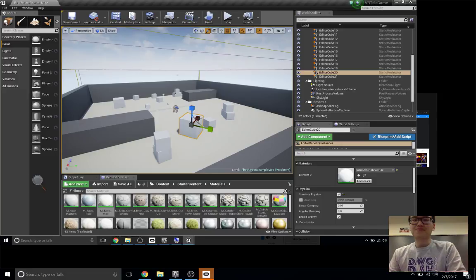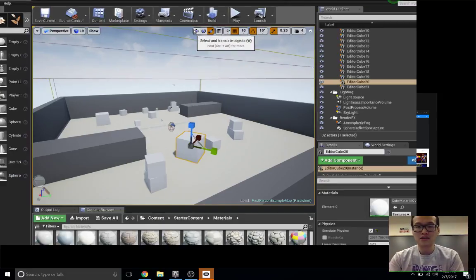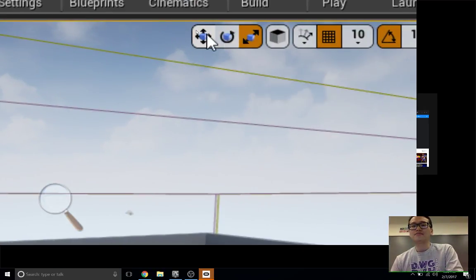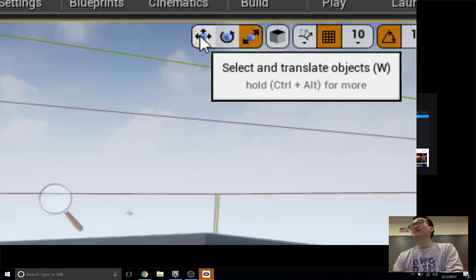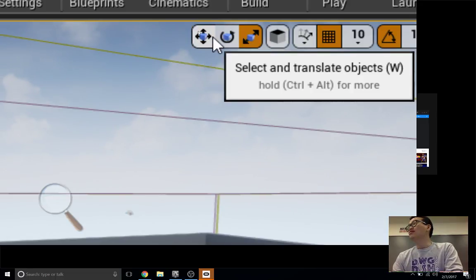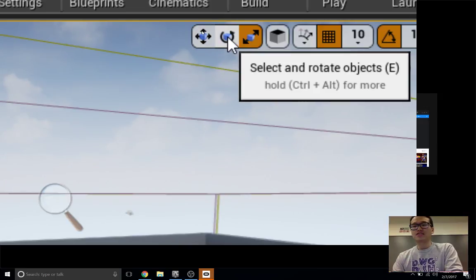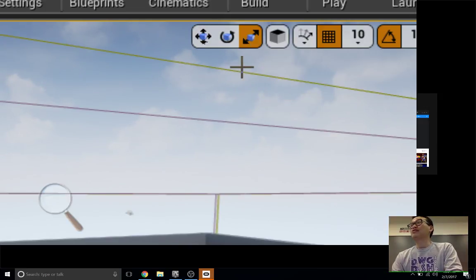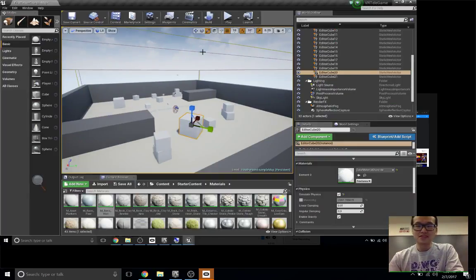If you have the object selected in the editor and you press W, E, or R, it'll change the transformation that you're editing. You see on the top of the editor, they also have that here too. These are all the hotkeys that help with level designing. W for translate, E for rotation, and R for scaling. These are all very basic.